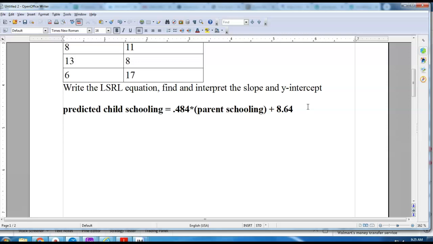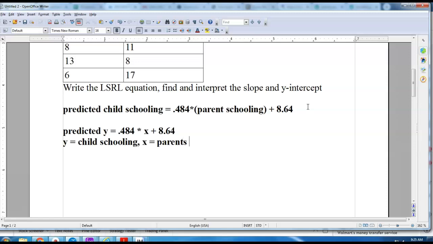So I'm typing, so I can't put a hat on top of this. But you could say child schooling with a hat on it, because that indicates the predicted part, equals 0.484 times parent schooling plus 8.64. You could also say predicted y equals 0.484 times x plus 8.64, and then off to the side or below it, y equals child schooling,